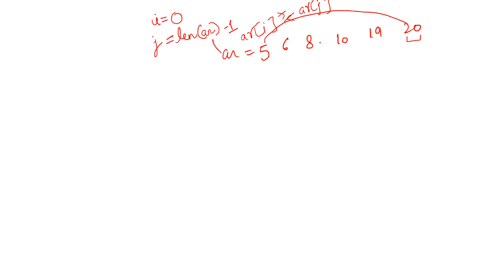So you can see there is a process which we have to repeat again and again, so for this we can simply use loops. You can see the value of i will be incremented step by step. First it will be on 6, then it will jump to 8, then 10, like this. And the j value will be decremented: first it will be at the last index, then it will jump to the previous index, that is, 1 is subtracted. So the i value should be increasing and the j value should be decreasing.